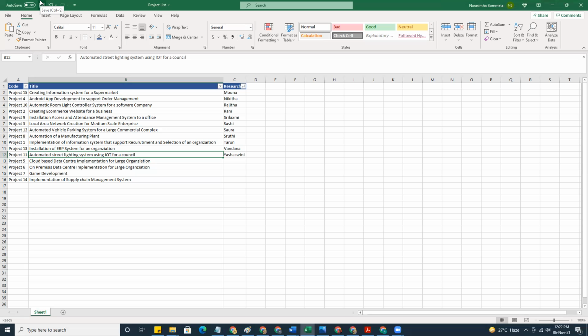Okay, so if you try to understand, the scope definitely requires implementation of new lighting systems, installation of sensors, and installation of software systems. There will be multiple things that we do as a part of that.